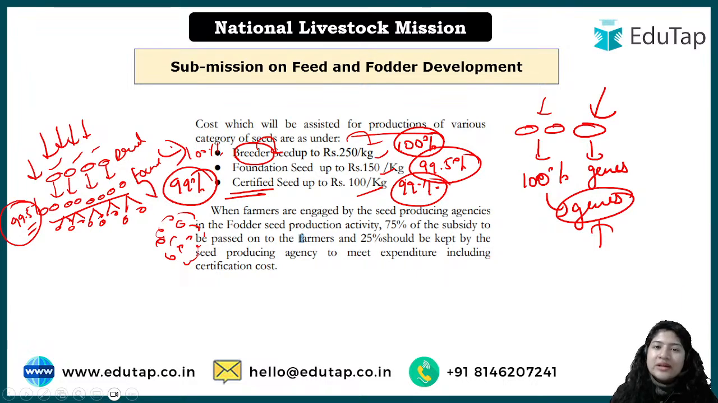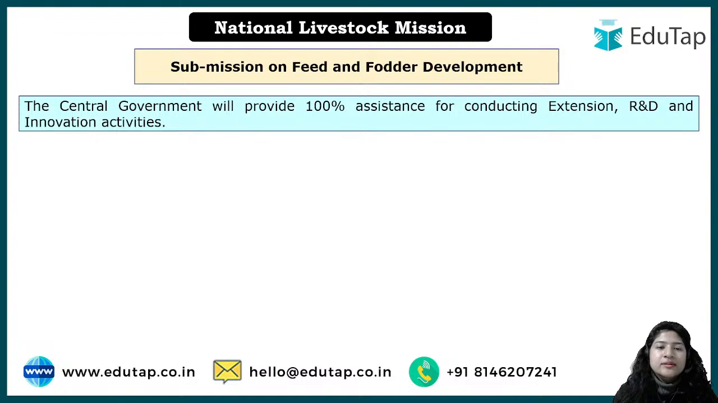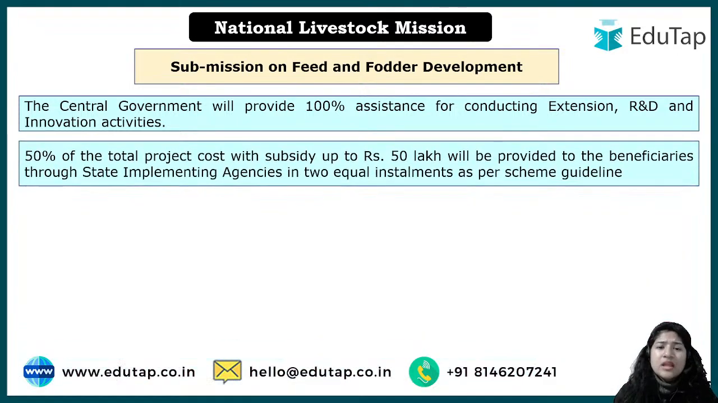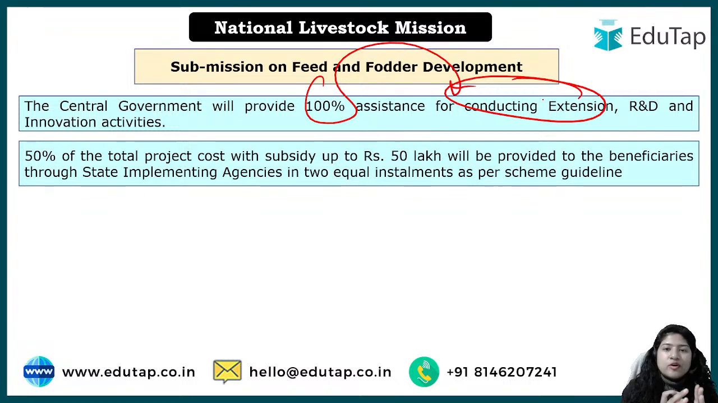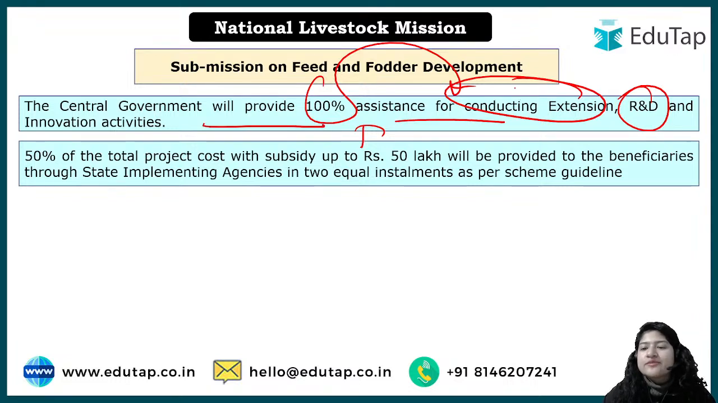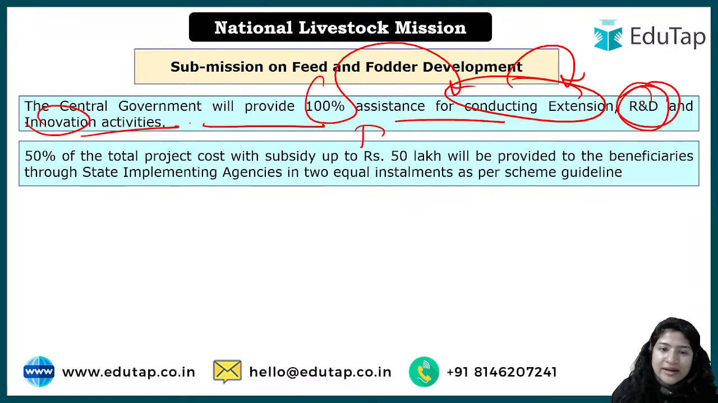So I hope you have the clarity in this regard in the feed and fodder development. And then there is like formality. 100% assistance will be done in the cases of this. Now this information of research and development, now it has to be further provided to the people. So for that also 100% will be given by the government. ठीक है, central government will provide 100% assistance for conducting the extension, means providing the services to the people, research and development and innovation activity. ठीक है,